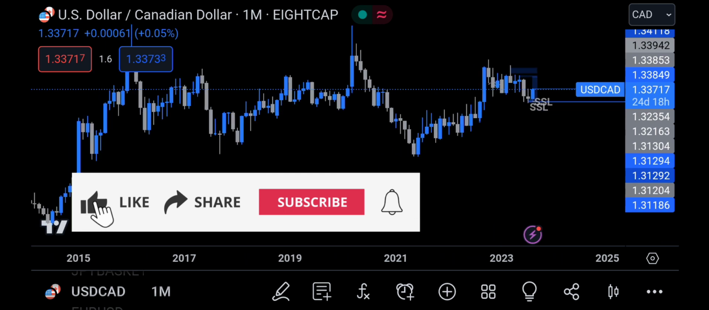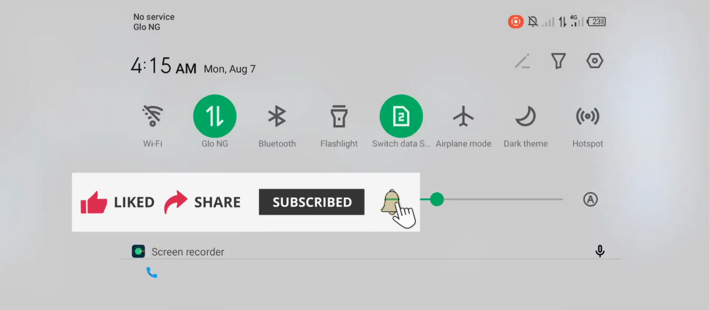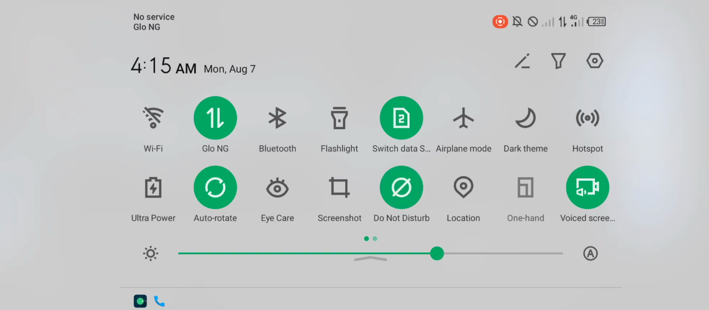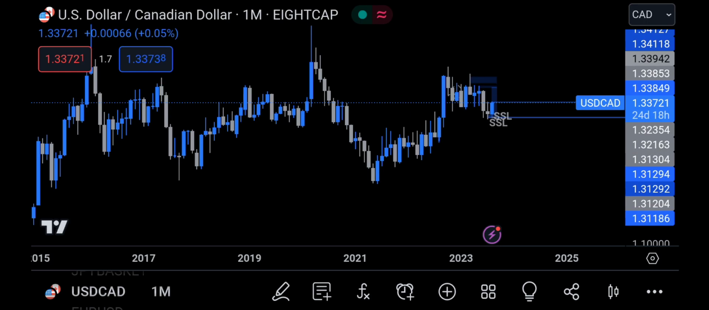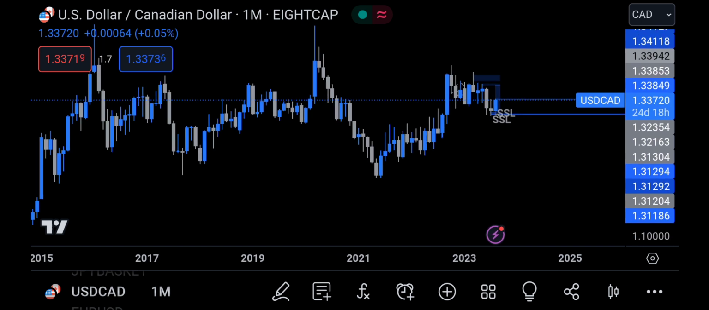So today we'll be discussing a USD card for a possible trading opportunity. Okay, so we'll look at price action from monthly time frame, from the highest time frame to the least time frame where